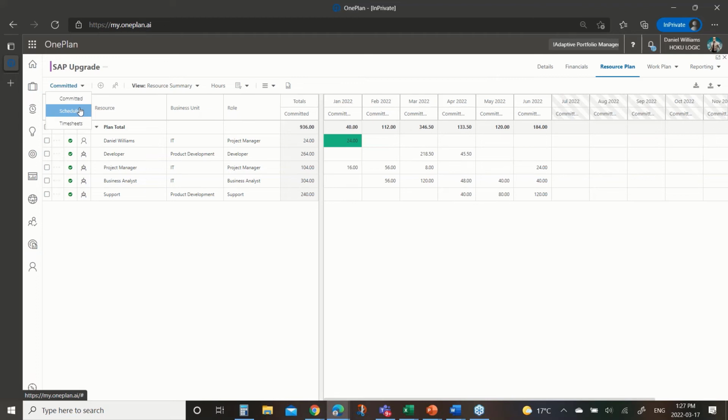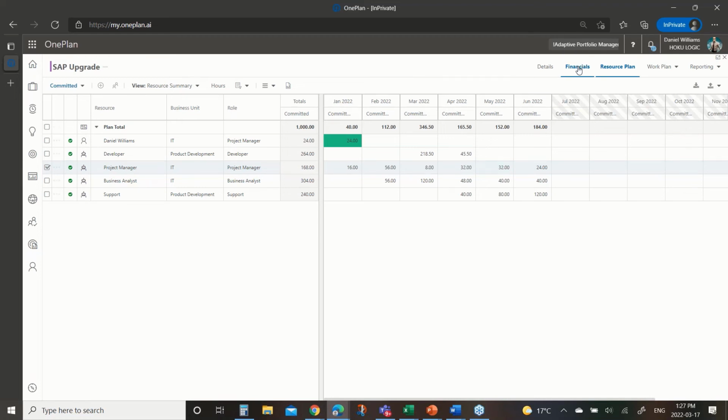Today, I really want to focus on that upfront piece. So my commitments are, I've laid out what I think I need. I probably need a PM in some capacity throughout the project, so we'll just fill in that gap. Okay, that's pretty good for where we want to go.